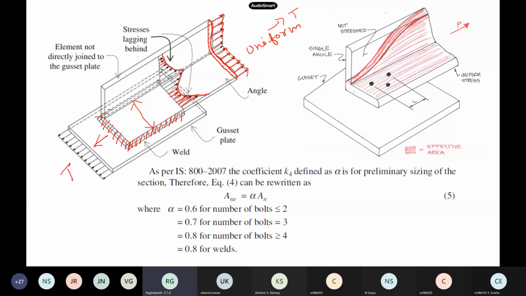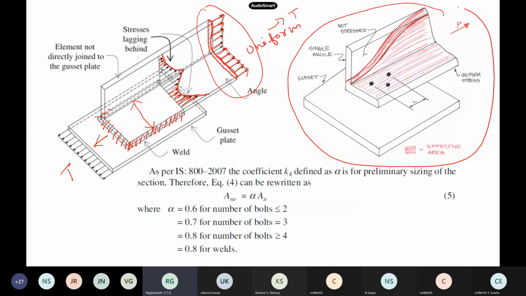But in your calculations, for tensile stress we use P by A or that formula, and that is valid only far away from the connections. Nearby, shear lag and other problems will be there, so you have to account for all those things in the design. This is one more figure I am showing you to explain the shear lag. This portion is not effective basically, because the stresses here are very low, but this happens only near the connections. As you go far away from the connection, the unconnected leg also has stresses and it will be perfectly fine.